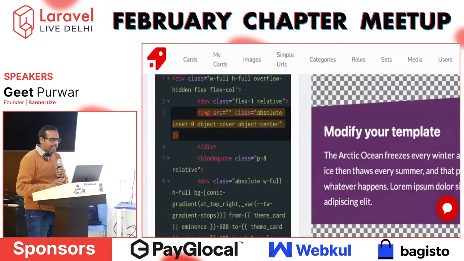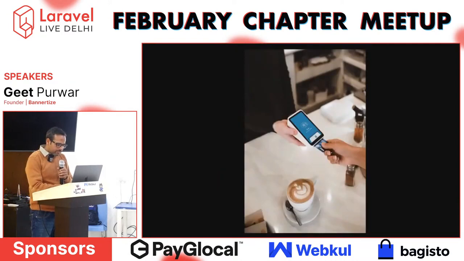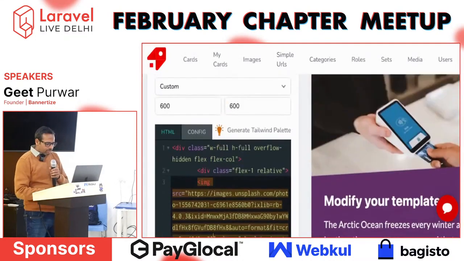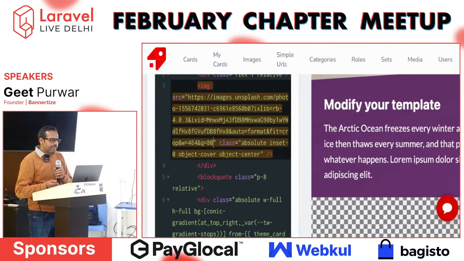But in here, let us say you want to use an image. So, let me use any image URL. So, let us say we are using this image, okay, and you want to make it dynamic, because right now it is very static. Whenever you are creating a card, it will always be using this image, but we have to make it dynamic. So, for that what we can do,